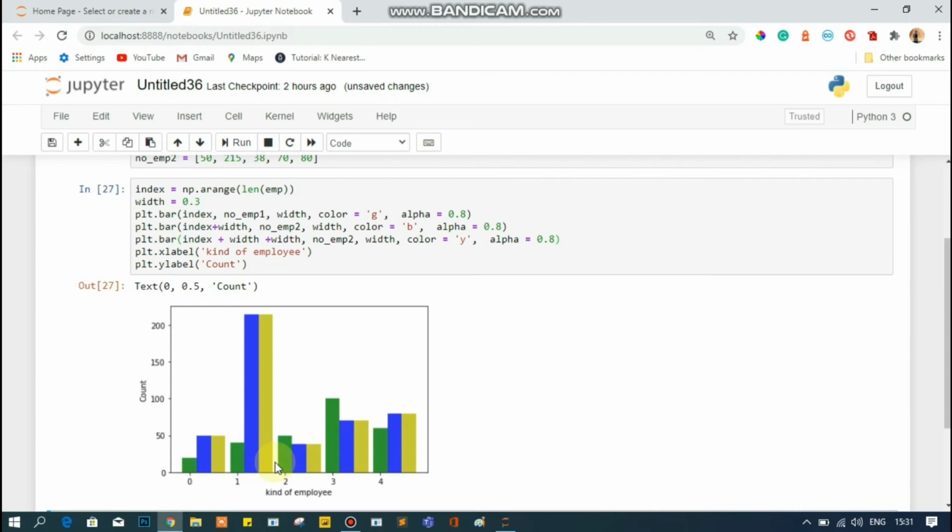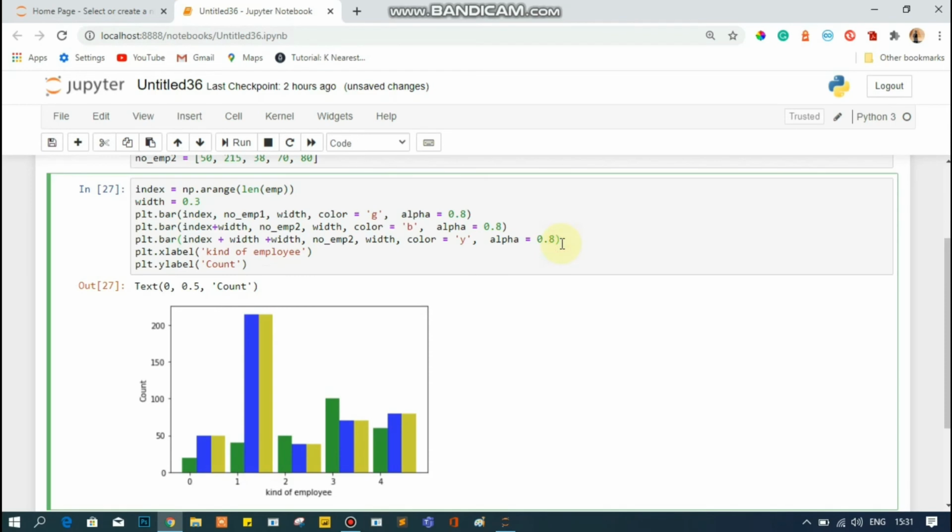For the naming convention, I will use another line of code, that is xticks. Let me press enter after this.